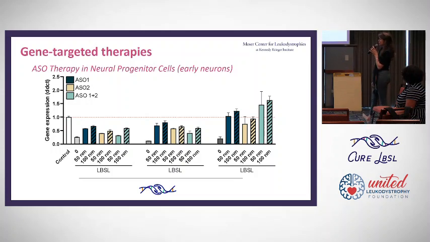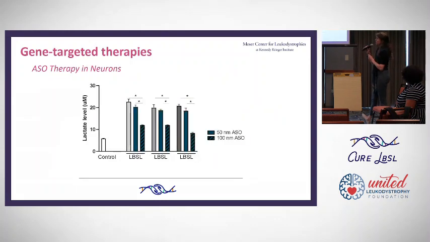But this is all things that we're working on. Next slide. So this is looking at lactate. Part of the disease, the last L, is lactate elevation. And so that is something that is usually detected on MR spectroscopy in patient brains, and this is looking at